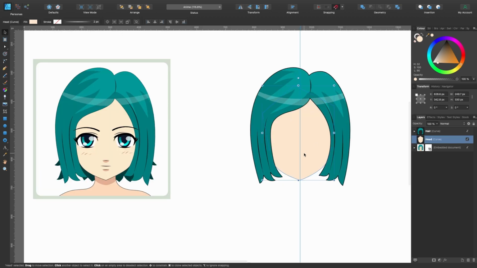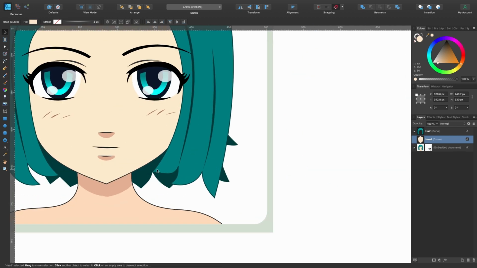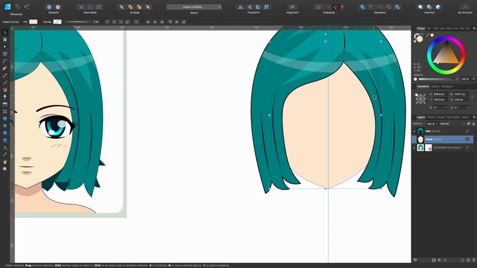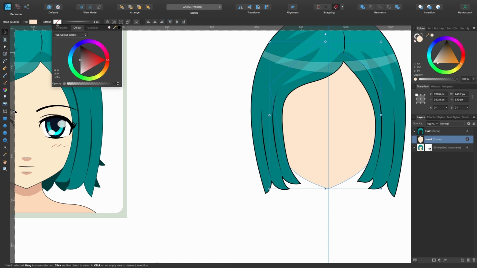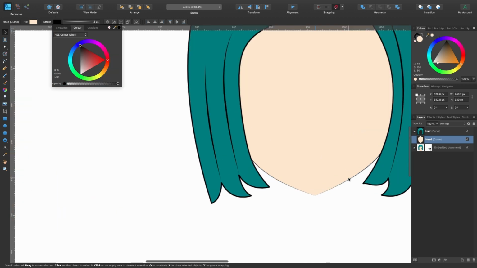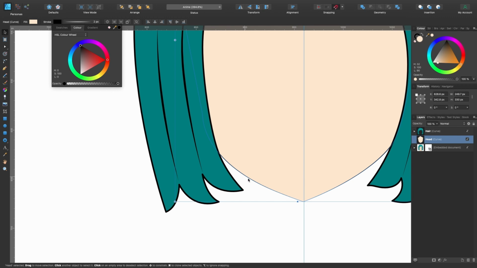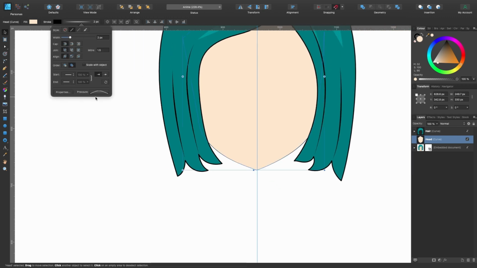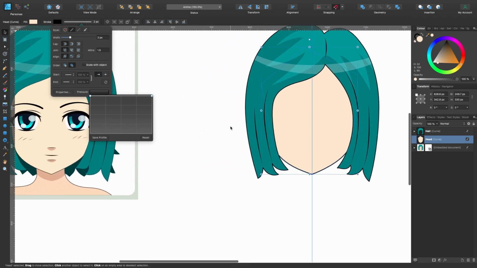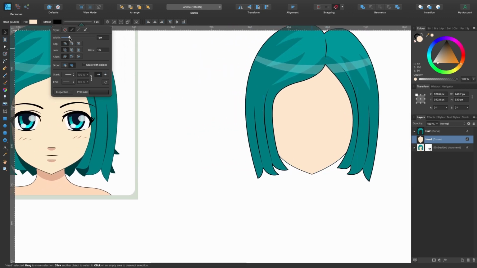Okay, one thing we forgot to add is the stroke to the outside of the chin, this black line here. So we'll just go ahead and grab the head, go up to stroke. You can do it from here, make it black. You can see something's going on where it's still a bit thin at the bottom there. So there's our stroke. We can go to pressure and press reset. So there we go, it gets rid of that. Bit too thick, so let's sort that out and just drag it down.